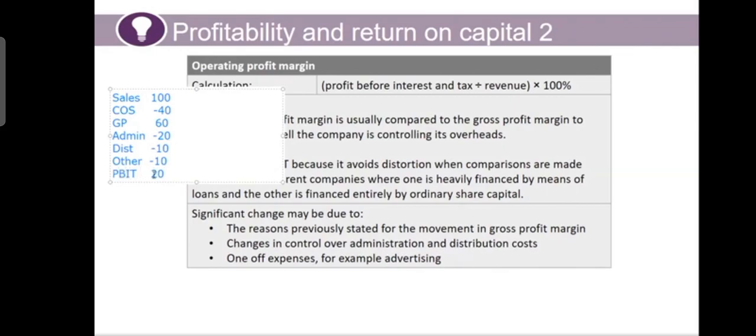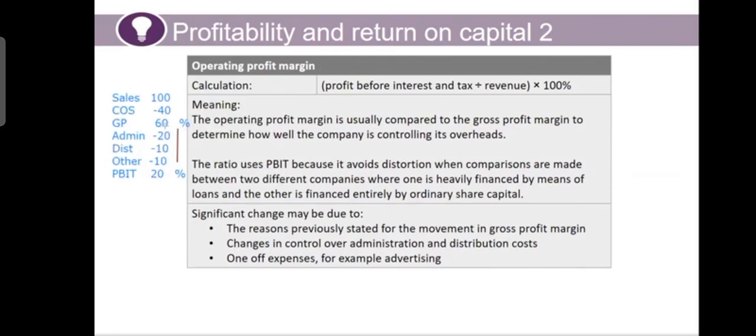So if your PBIT is 20, this is actually 20%, and this is actually 60%. So what is happening is that from here to here, you are losing 40% because it was 60% and now it is 20%. So it means that 40% you are paying for this area. And you should understand that this part, which is here, is usually